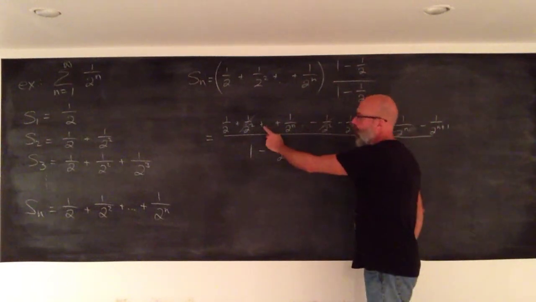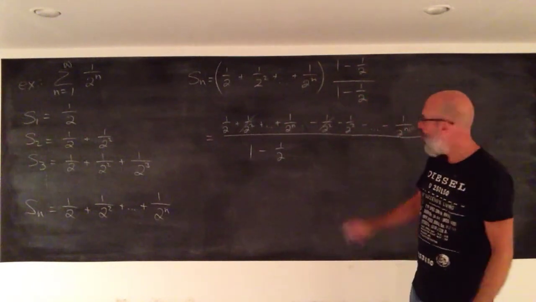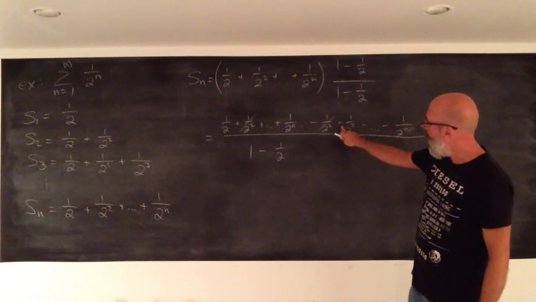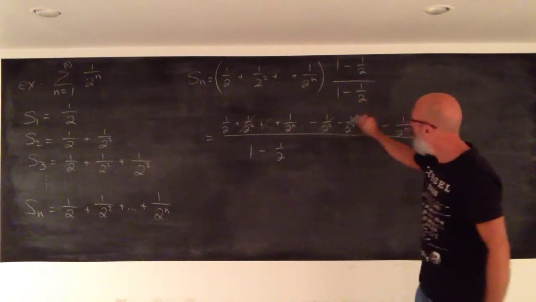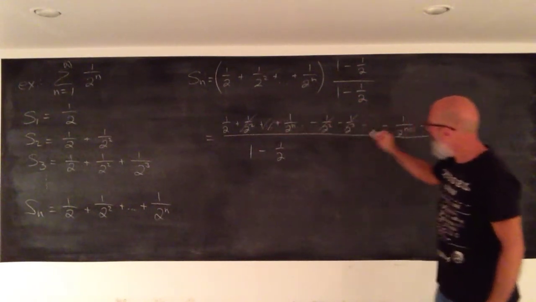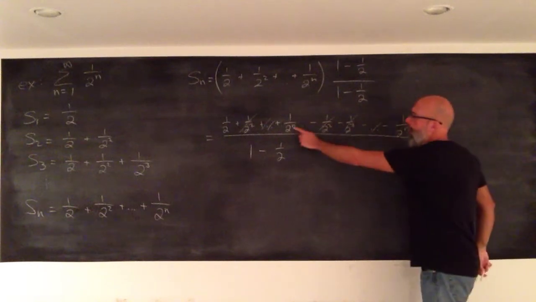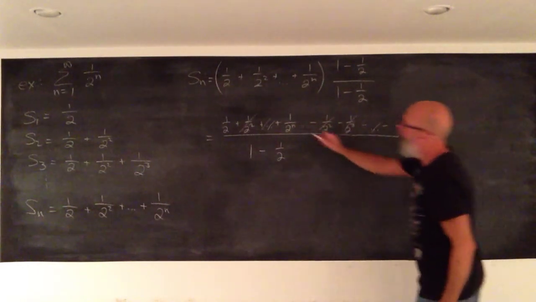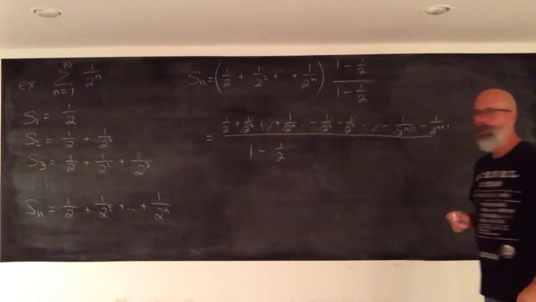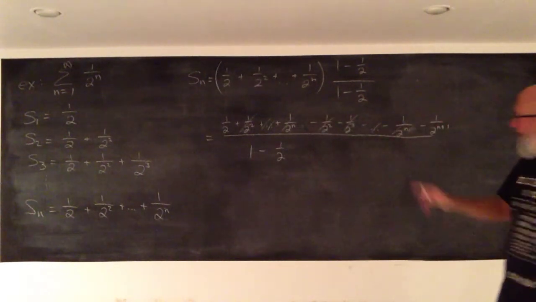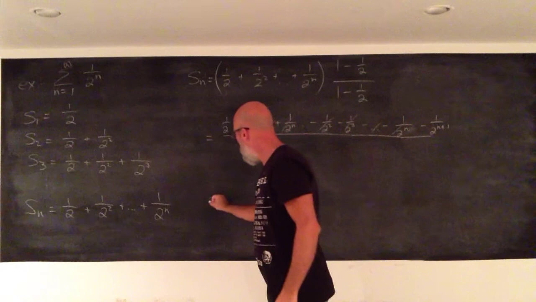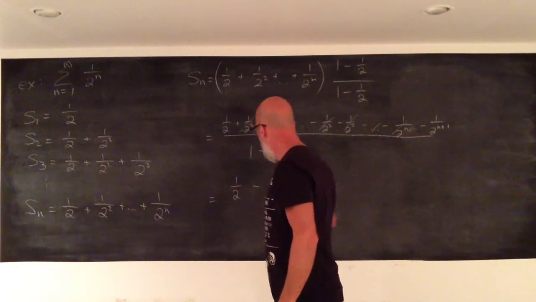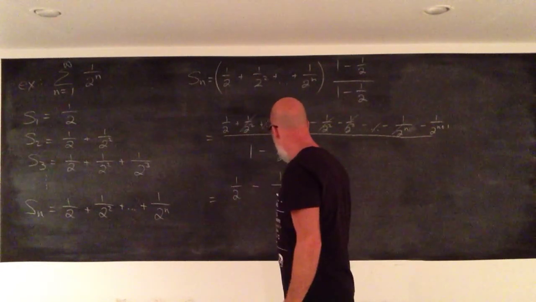The next term would have been 1 over 2 cubed, which cancels with this minus 1 over 2 cubed. Everything cancels in between, and 1 over 2 to the n minus 1 over 2 to the n, this cancels out as well, leaving you with 1/2 minus 1 over 2 to the